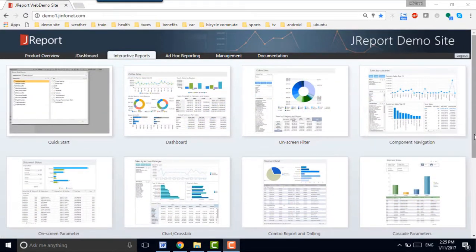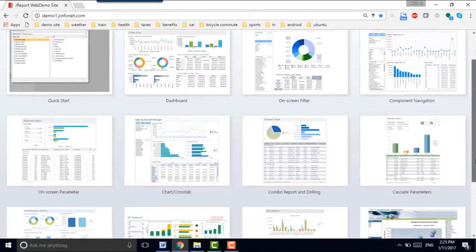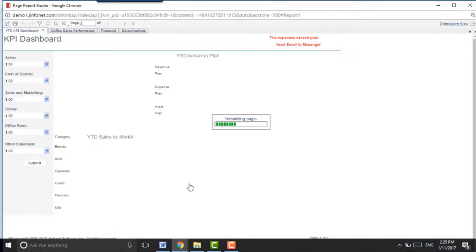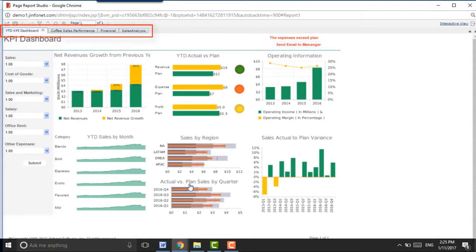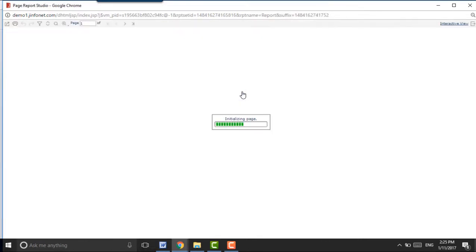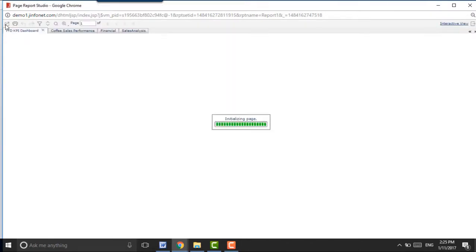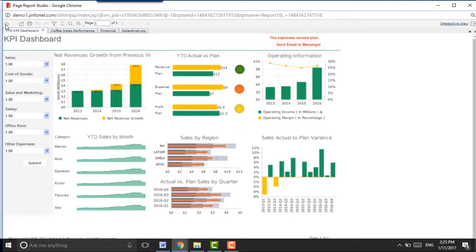JReport is capable of creating a wide variety of interactive reports. Let's view an interactive report. Simply click a thumbnail. The first thing you notice is multiple tabs. In addition, there are input parameters. On any report, incorporate a wide variety of different visualizations. The user can drill down to a transactional detail report. When finished, a simple click of a toolbar icon takes the user back to the initial report without another trip